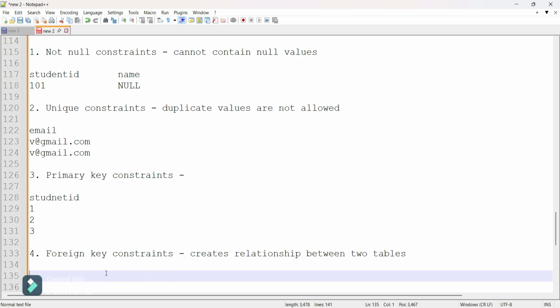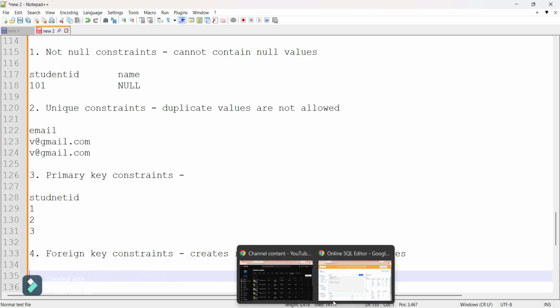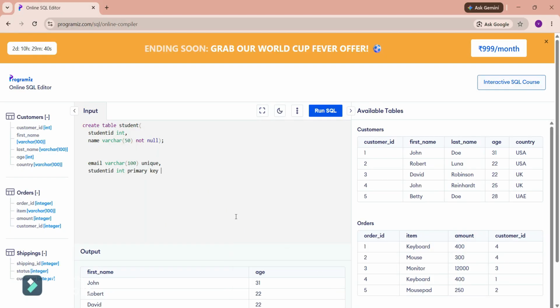So we can declare it like this: FOREIGN KEY (student ID) REFERENCES students(student ID).